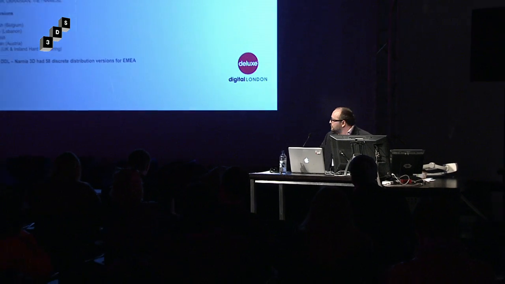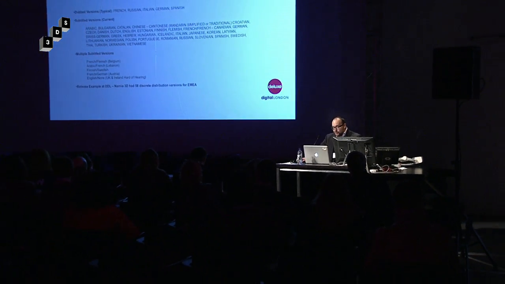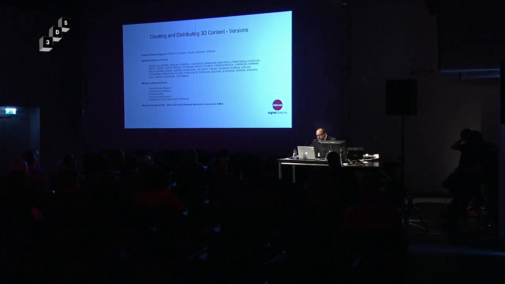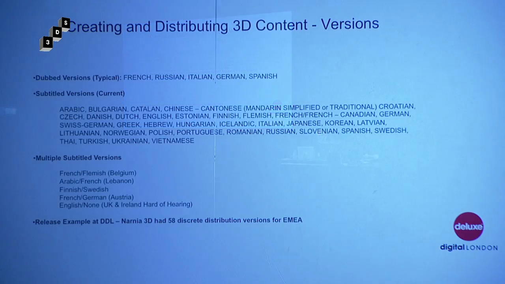So here's a little snapshot of the versions we have to do. As you see, historically, the dub versions are France, Russia, Italy, Germany, and Spain. And then we have a whole slurry of subtitled versions. Now, to put it into context, when we did Avatar, it was 3 years ago now, we did over 100 individual masters. Now, on average, we'll do between at least 60 or 80,